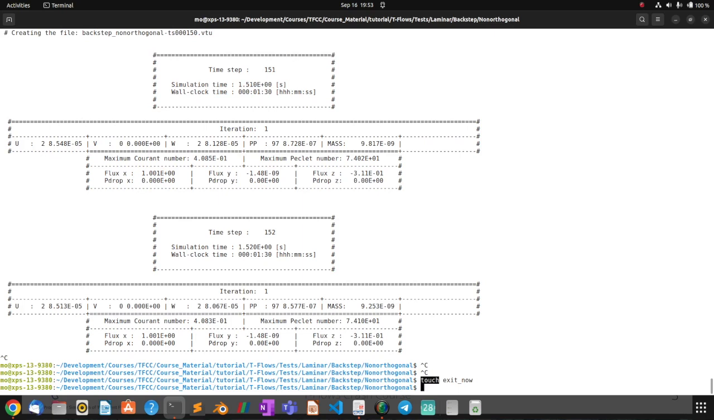So exit now for T-Flows is a flag: once T-Flows goes through every time step, it searches for a dummy file that's called exit now. If it finds it, then it stops the solution. That's basically the idea, simply. And if it doesn't find it, then it carries on. So that's happening every time step. And obviously, once it finds it, then it can